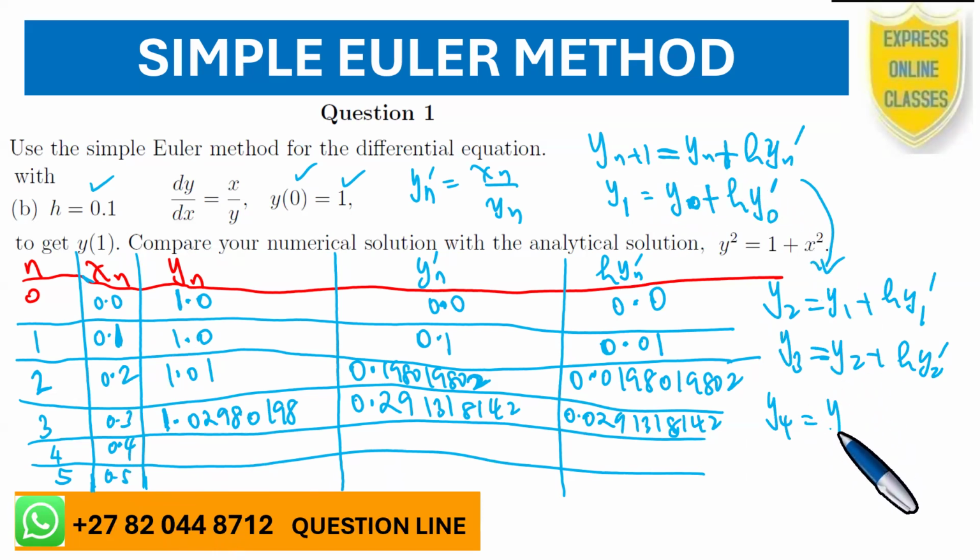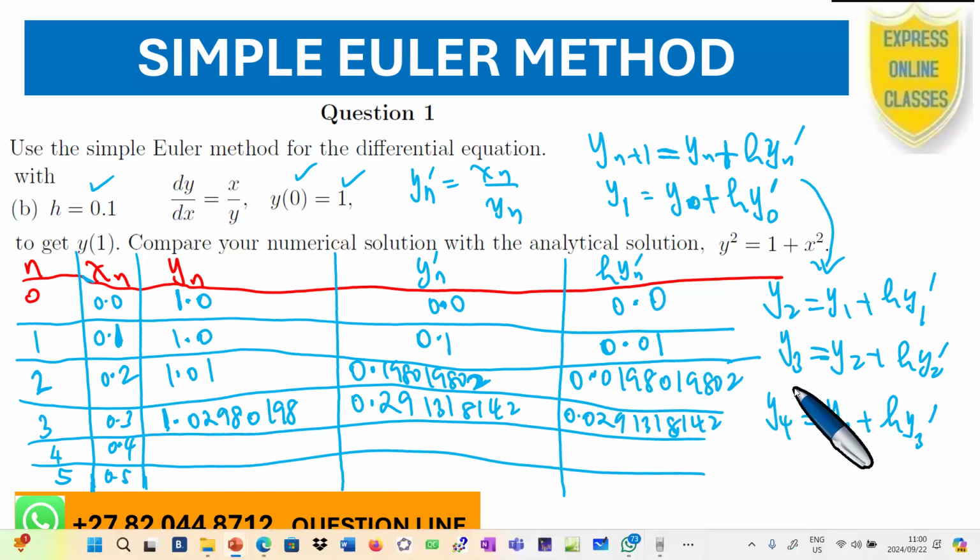So y4 is y3 plus h y3 prime. Okay, good. What is y4? You can take y3 and then take h. So you add this with that. So you add the first y and the last h times that. So adding them up,